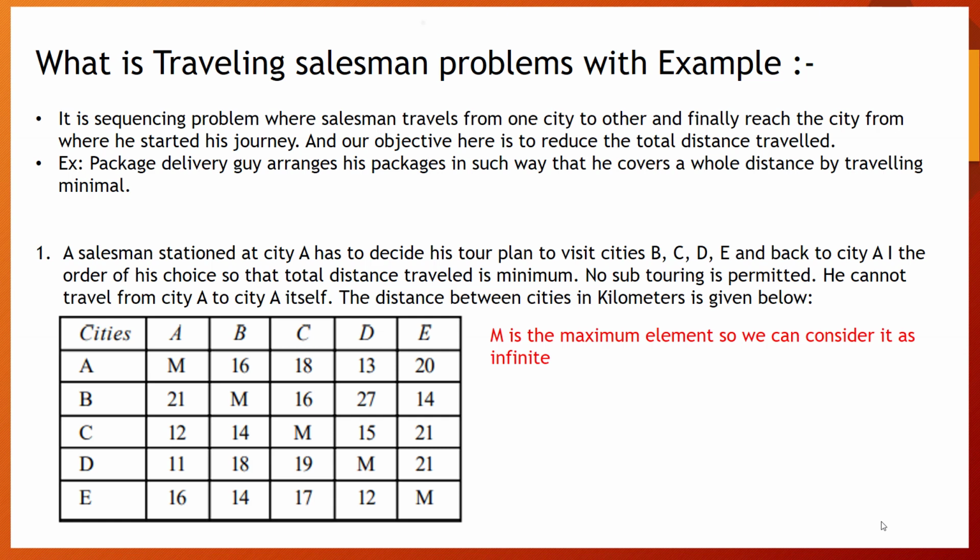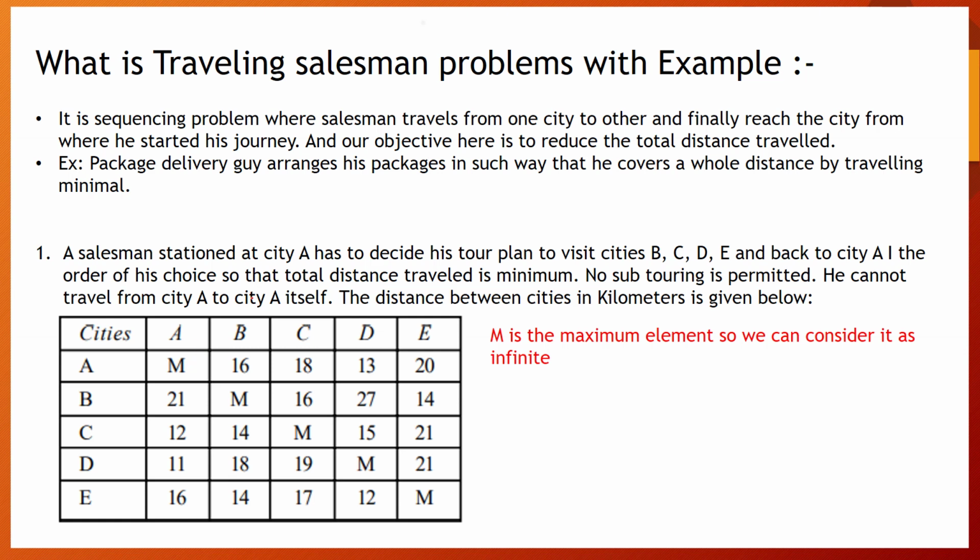The distances between the cities are in kilometers, as given here. Here we need to make out the first difference between the traveling salesman and the assignment problem. As a person cannot travel from the same city to the same city, the distance at that point will be represented with a symbol. While doing the calculation, we consider this as infinite, or you can say it is the maximum of all others. So we represent that with infinity. These are the points where we consider them as infinite.